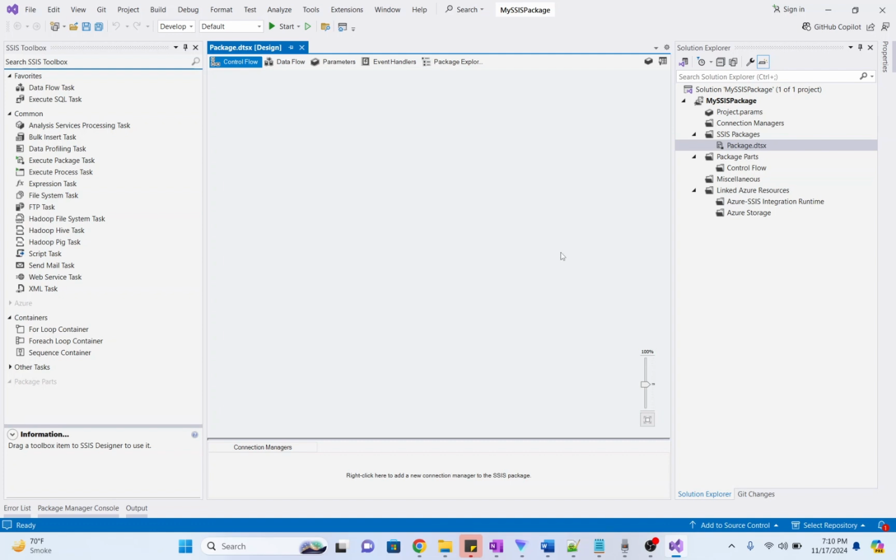In my next video, I will show you how to create a data flow to connect to a database and